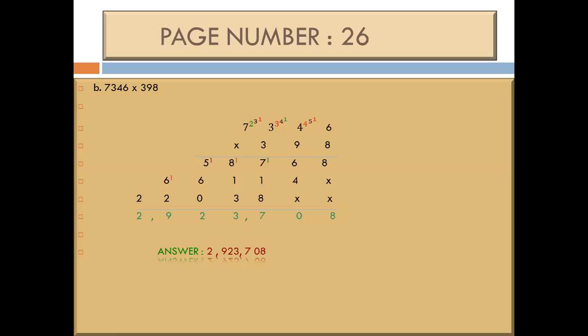Now come to the hundredth place. Now is the turn of 3. 3 sixes are 18. We write here 8 and we carry 1 on 4. 3 fours are 12 and 1, 13. We write here 3 and we carry 1 on 3. 3 threes are 9 and 1, 10. We write there 0 and we carry 1 on 7. 3 sevens are 21 and 1, 22. Now we have completed our multiplication. We add the numbers.